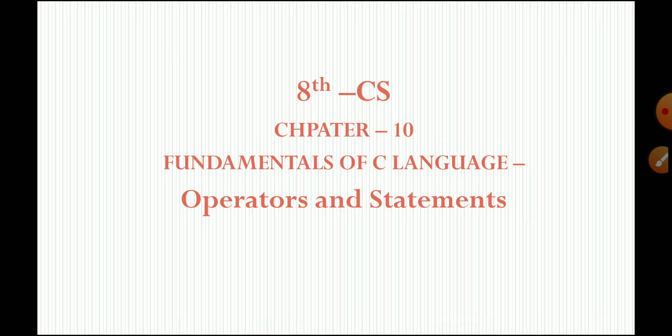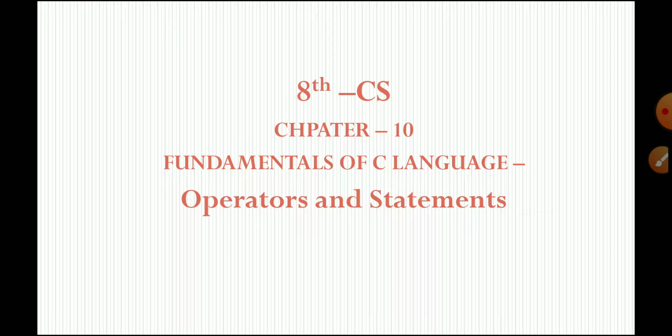What are operators? Operators are used for performing arithmetic and logical operations and also for comparing values. Okay, that is called operators. These operators work along with the operands. Together they form an expression. So operators are used to perform arithmetic, logical and comparison operations. What is the meaning of arithmetic, logical and comparison? These three we have to see in the types itself, one by one.